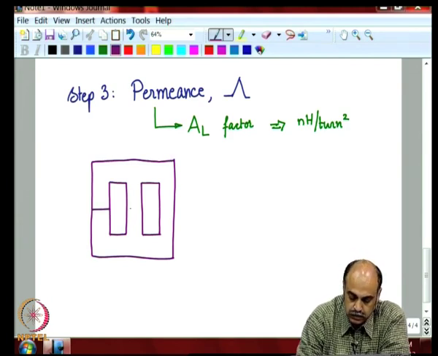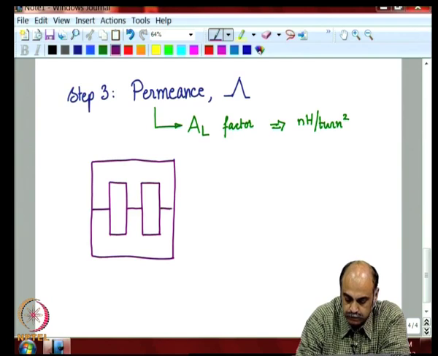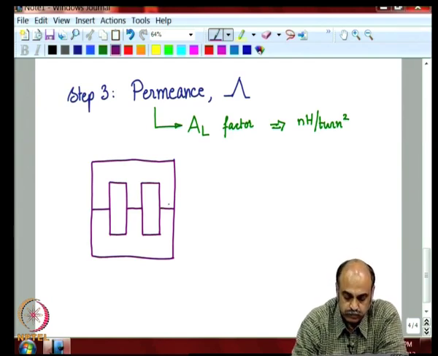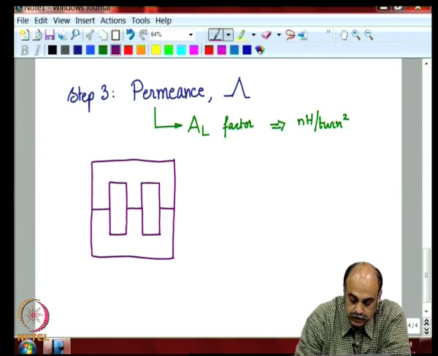Now, let us say these are the two parts. Normally, the central limb